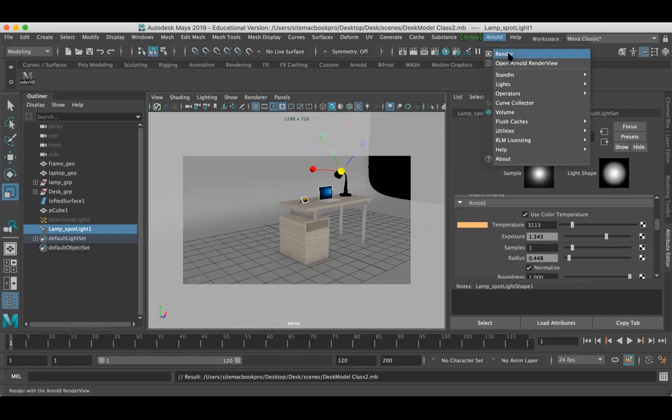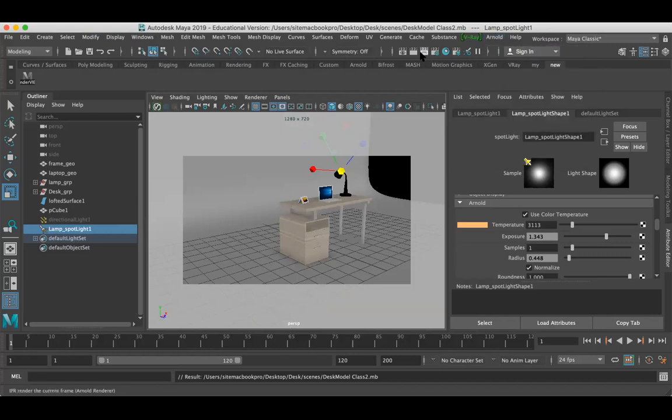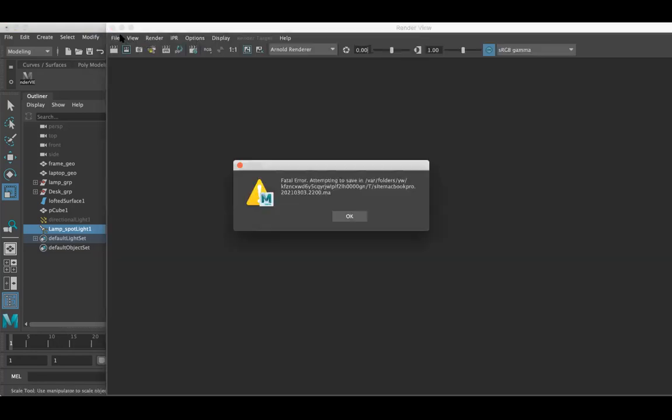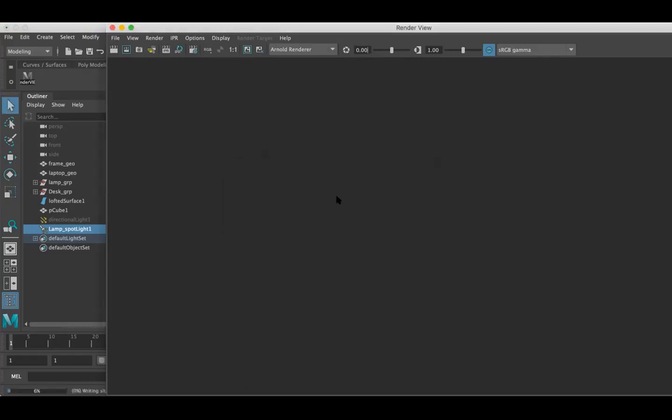Guys, you can see that my render view is not opening here. Oh, see, guys, I told you, I'm using a Mac. In my Mac, in the lighting and rendering process, I'm getting my Maya crash, and beyond that, I'm using the education version, so it won't be stable. So that's why you have to save your file properly. I'll just open the previous file and get back to you, guys.